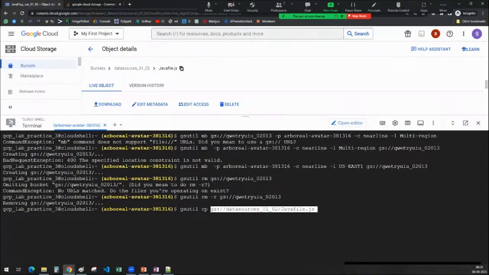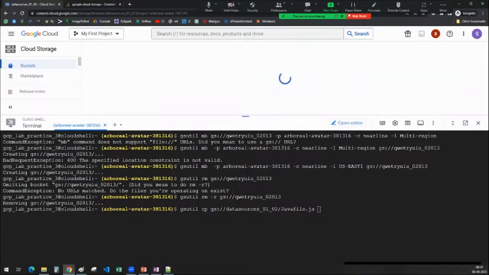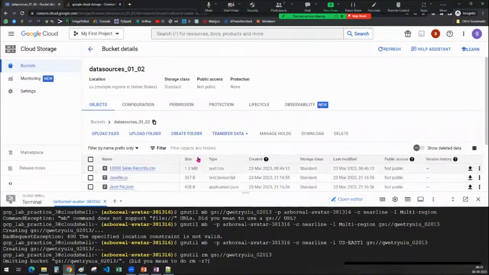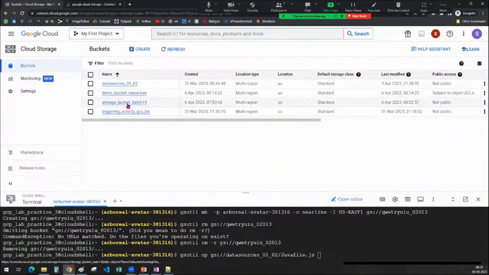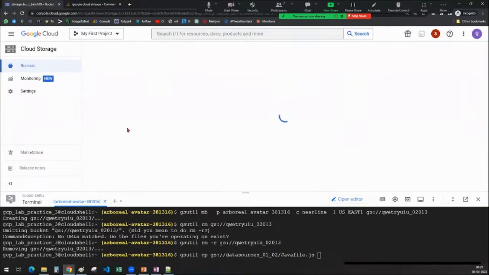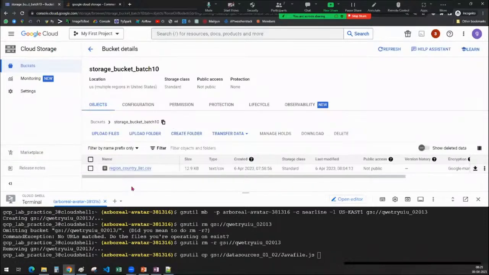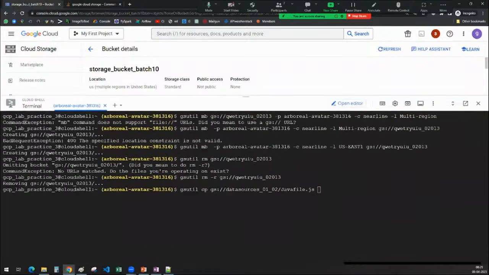Okay. To where you wanted to copy, sir? I wanted to copy to this bucket, right? Batch 10. This bucket I wanted to copy. The file has to come here. Okay. You copy this thing. Okay. Now you see here,